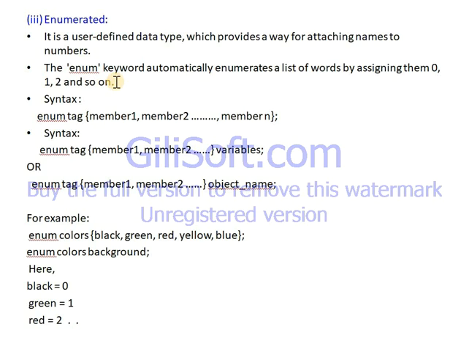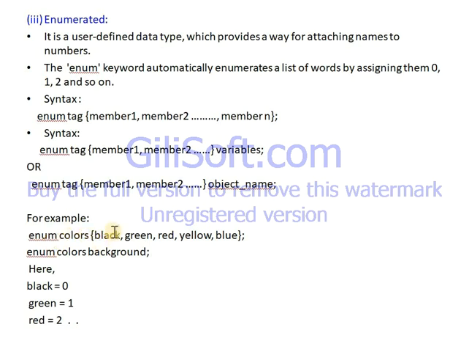The enum keyword automatically enumerates a list of words by assigning integer values that start from 0, 1, 2 and so on. For example, for creating an enumeration data type, we use the enum keyword, then by using a tag we can assign different members. Here an enum tag colors is created.